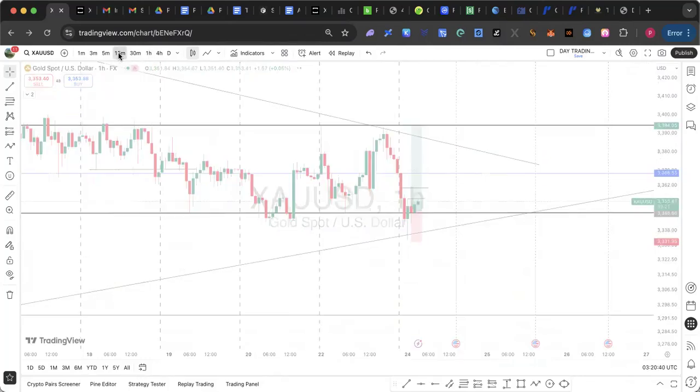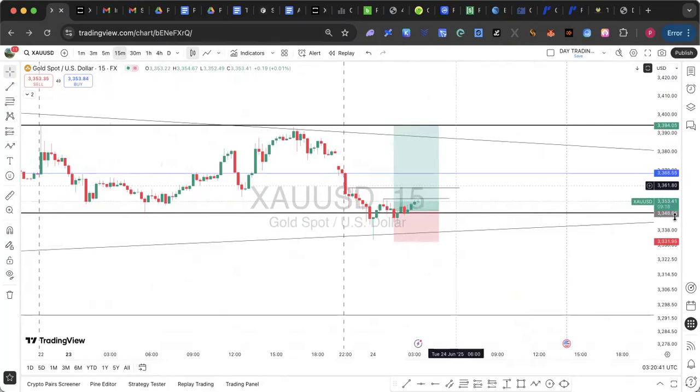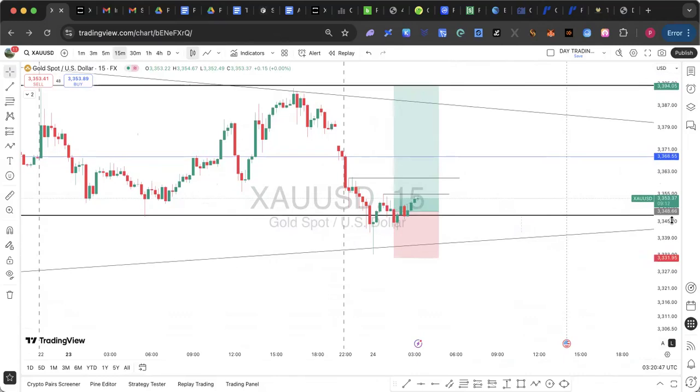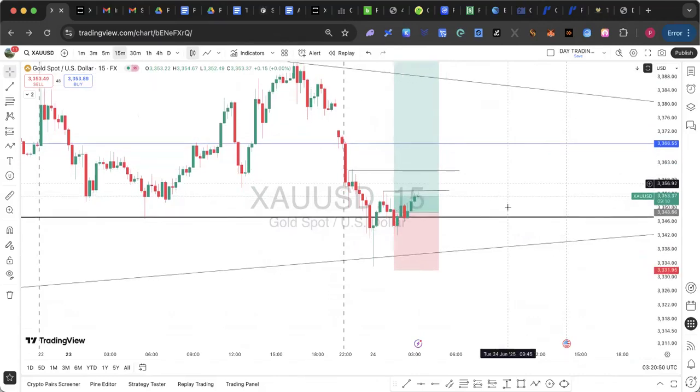So if I go back to 15 minutes, remember, as a day trader or a scalper, you are going to be working more with the lower time frame. But on your higher time frame, you have to check the market movement and what direction. So if you look at it now, the market should be going up, right? But if you look at it, there are points that the market is going to be rejecting at or need to break neatly.